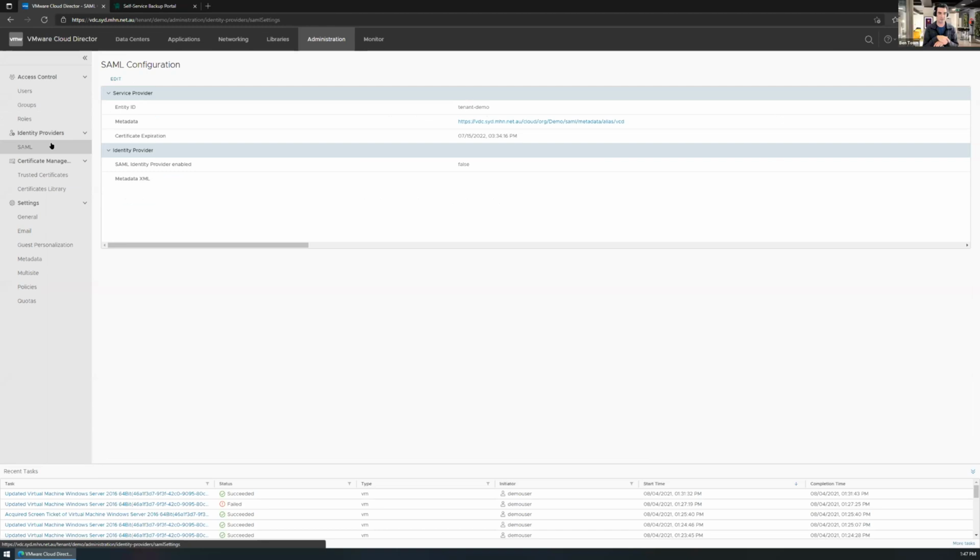So that's actually for your parent organization, right? Not for the individual VDCs, correct? No, so it's for everything. Okay. So setting up the SAML authentication essentially pushes all the authentication away from vCloud managing it to, say, Azure managing it. Right. So that way you can have even more control because you can set up your Azure policies to say, no, you can't connect from here. Yes, you can.